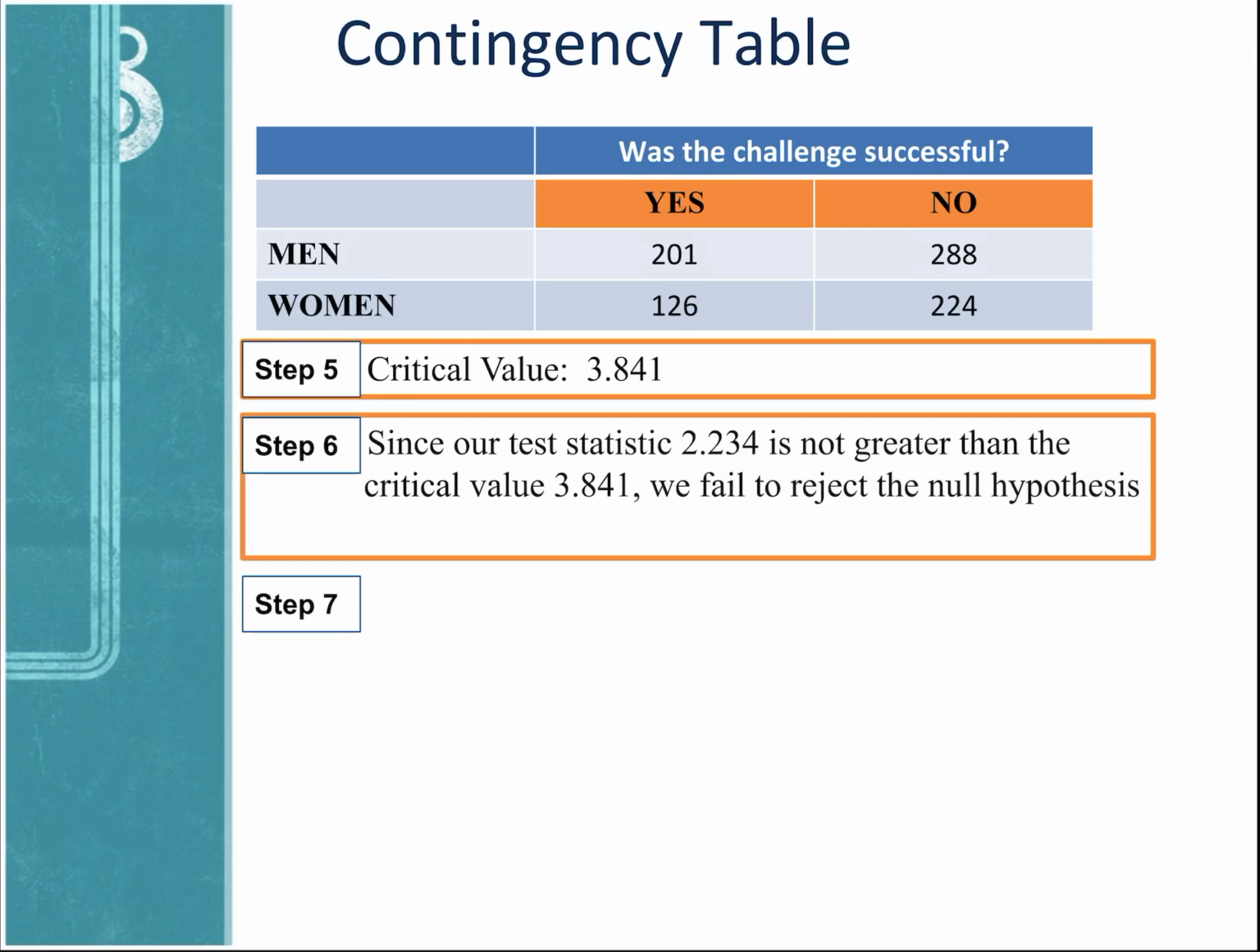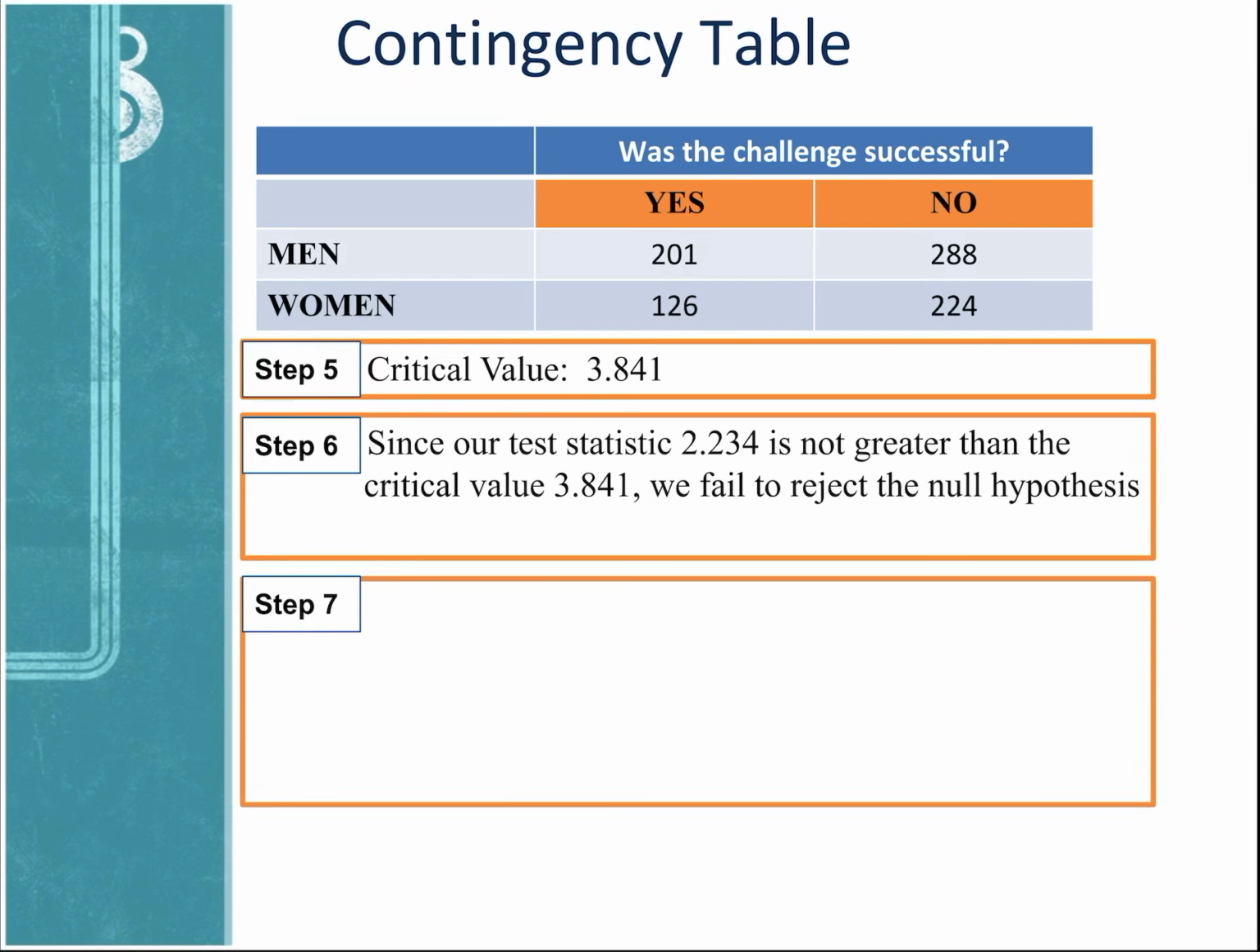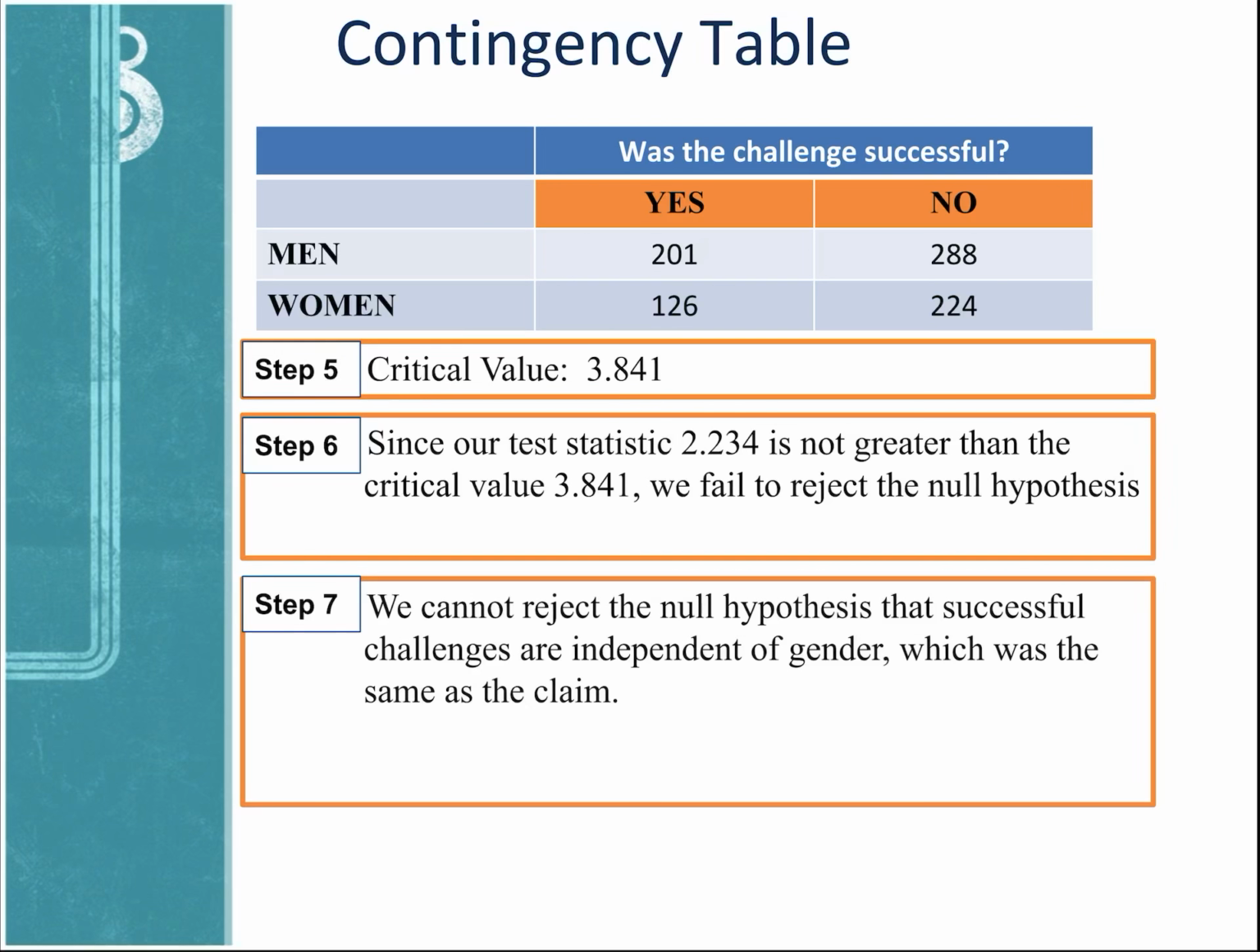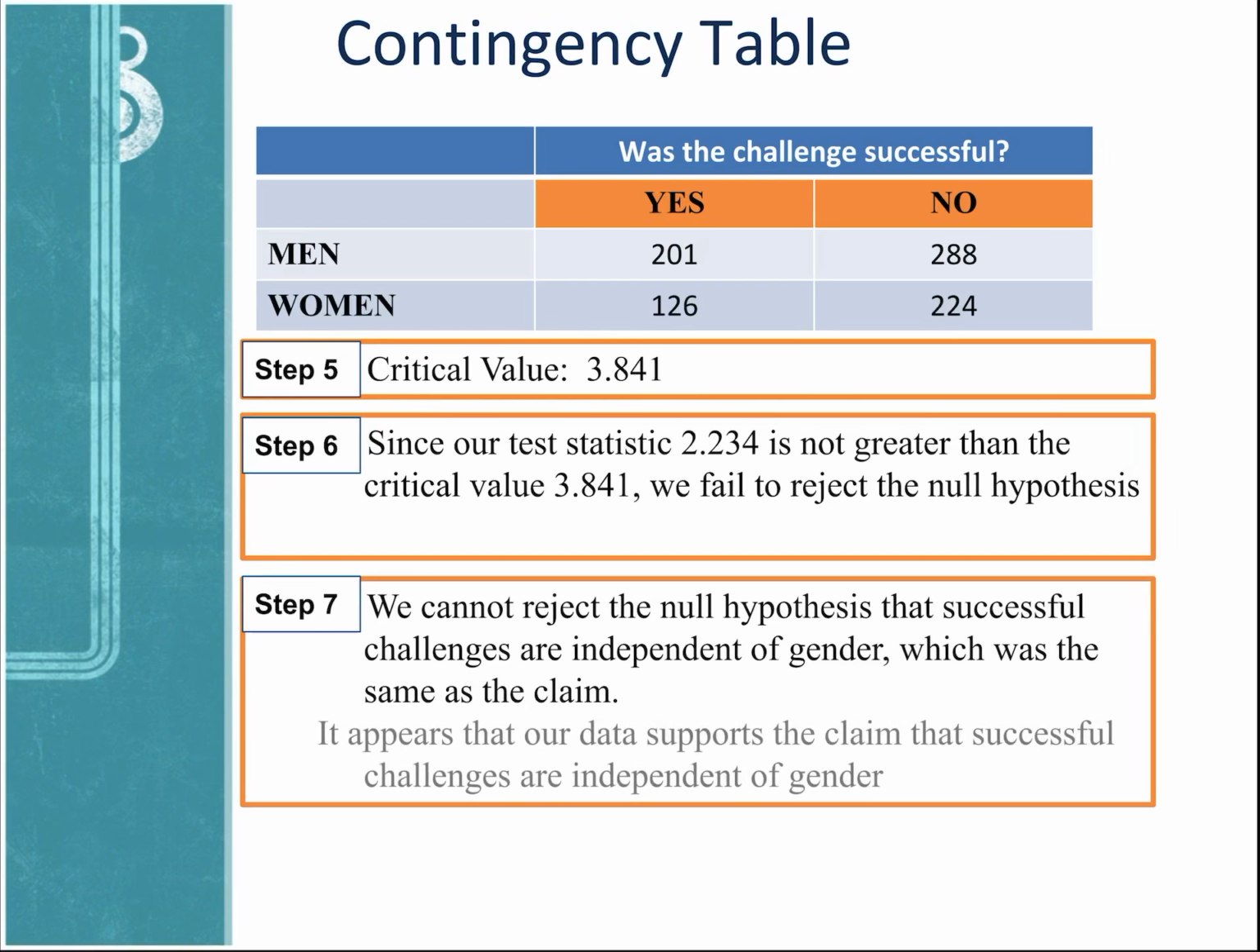Well, since our test statistic was smaller, we're not in the critical region. Remember, these are always right-tailed tests for chi-squared. Since our test statistic was only 2.234, we're not in the critical region, so we fail to reject the null hypothesis. The null hypothesis was that challenges are independent of gender. That was the claim. So our data